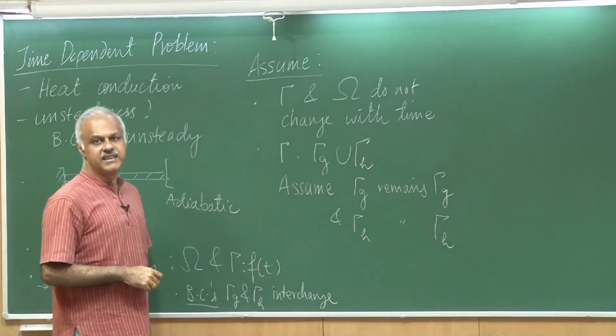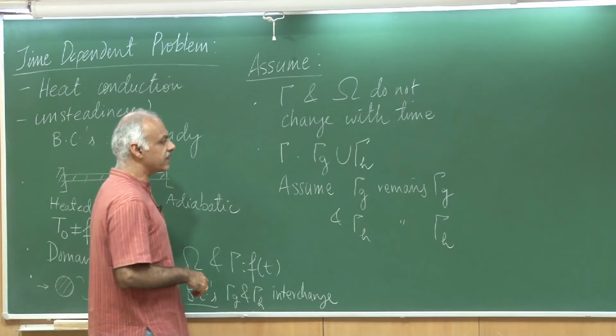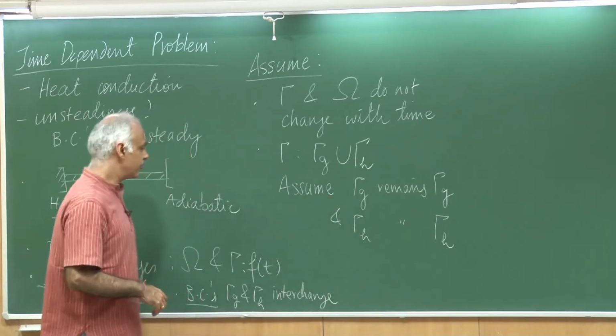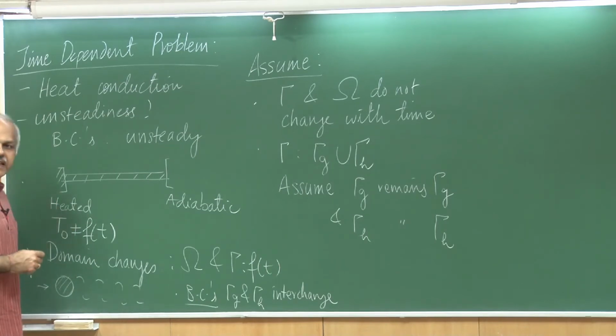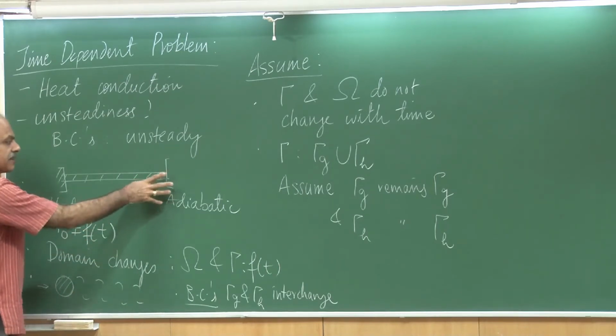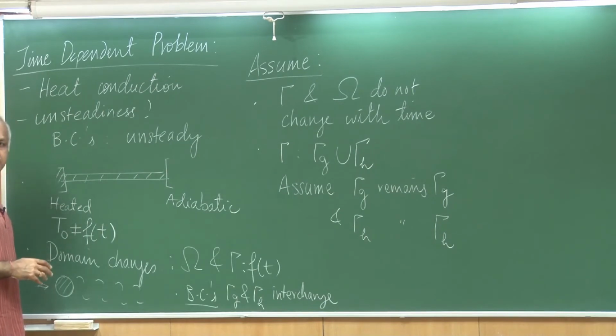There is no interchange between the kind of boundary conditions that are being applied. So, coming back to this example, if I have a Dirichlet boundary condition, the value of the boundary condition may change. So, the temperature is allowed to change, but it will remain a Dirichlet boundary condition forever. Similarly, if I had an adiabatic condition or maybe a specified heat flux, the heat flux specification condition remains. Of course, the amount of heat flux we will allow to vary with time if needed.